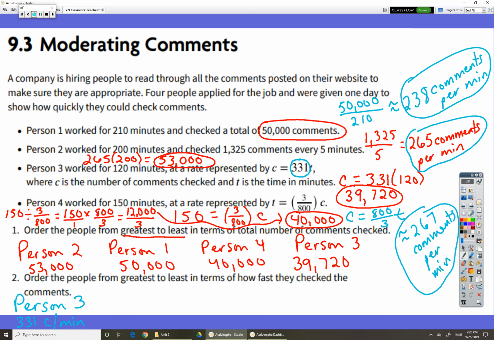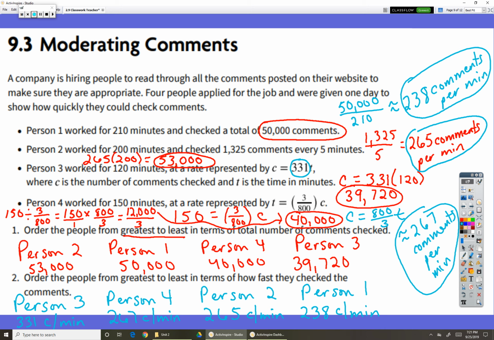Okay, next in line was person 4, who was just a little bit faster than person 2. Person 4 had a rate of 267 comments per minute. Person 2 was just a little bit behind, at 265 comments per minute. And then finally we have person 1 who did 238